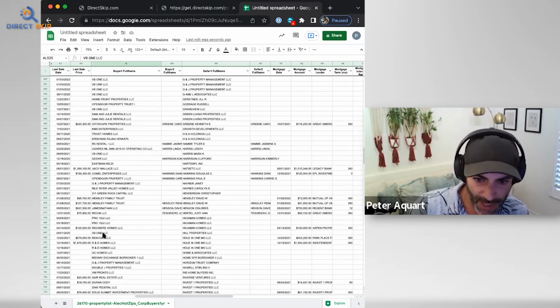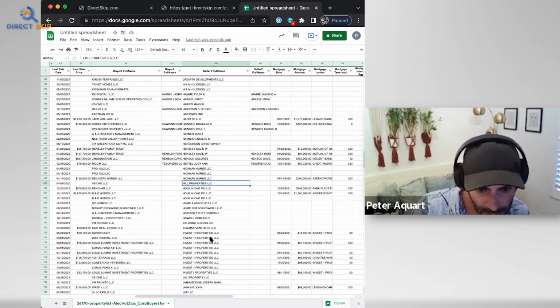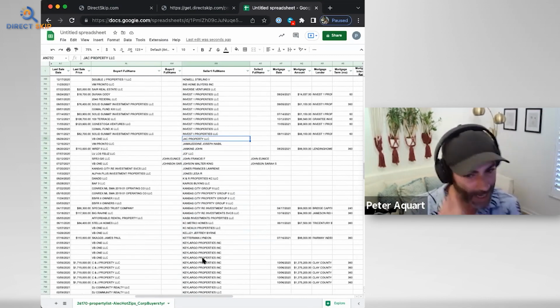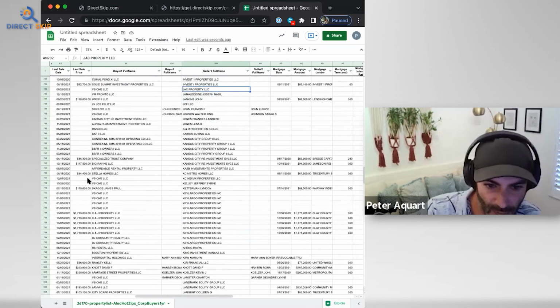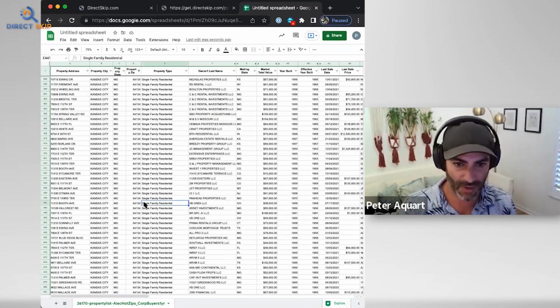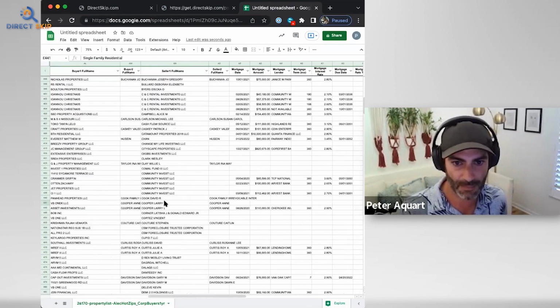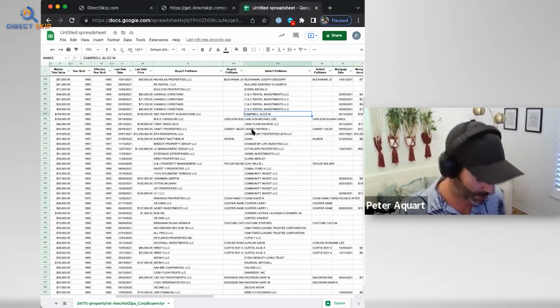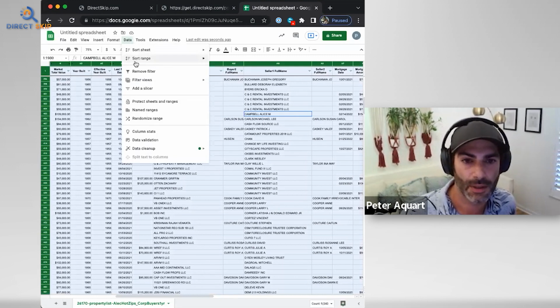So once you identify who they are, you can see who's selling to them. Here are the flippers, Hill Properties. That's one, right? Because they sold to VB1, JAC Property LLC sold to VB1. So you can see who these guys are and start to see what they're buying at, what they're selling for. Key Largo Property sold over there, okay? So let's now look, again, did everybody follow that? I sorted there by the seller one name, and you start to see who's in both. Okay, so let's go back and sort again